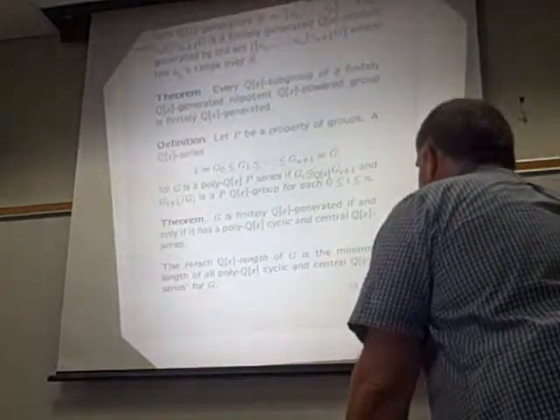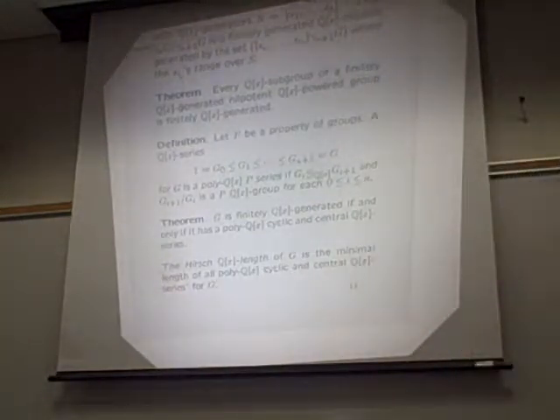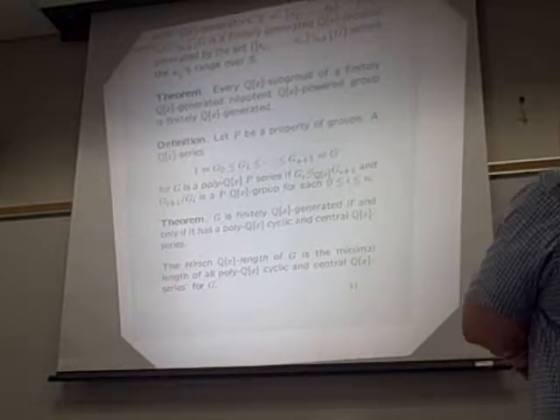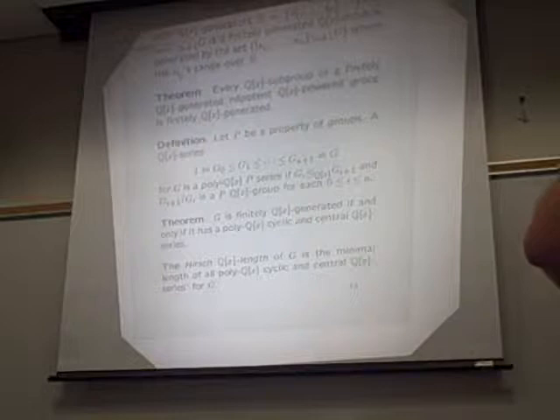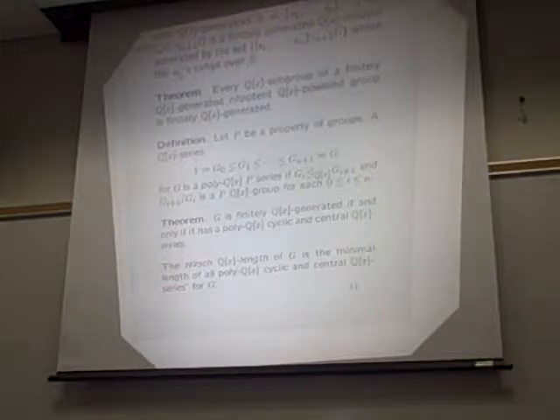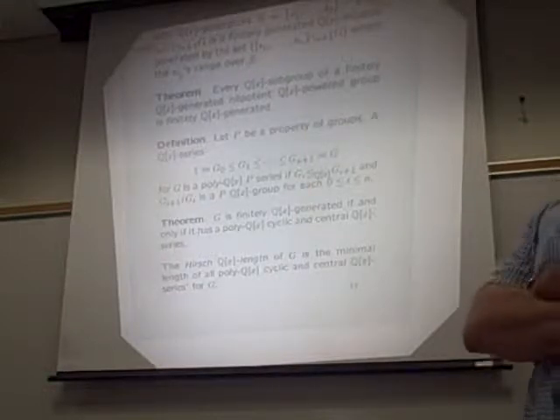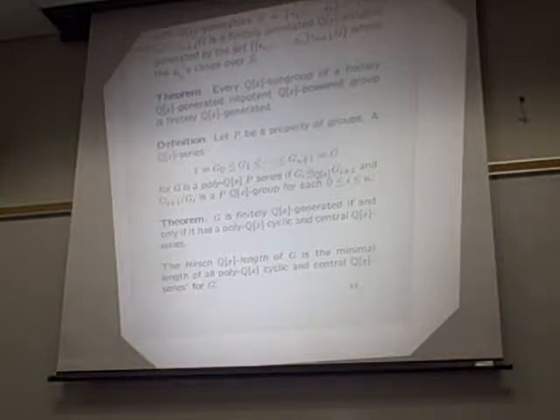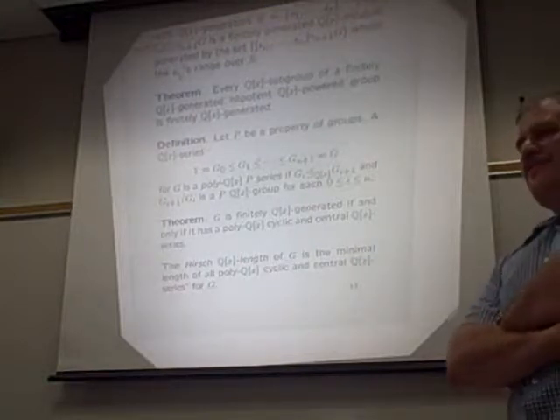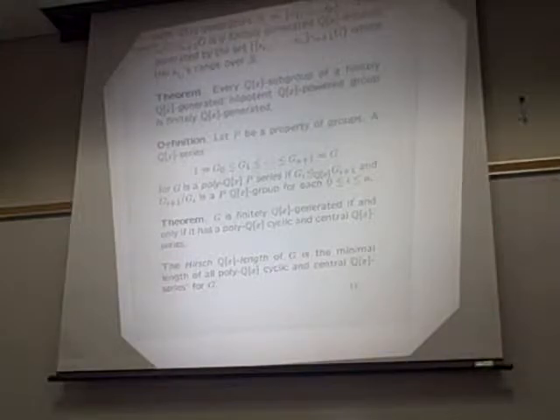Now, similar to before, we have a notion of a Hirsch QX length. And the Hirsch QX length will be the minimal length of any of these such series. So if you give me a finitely generated group G, in the QX sense it's generated, then if I look at all of these types of series, and I take the smallest length possible of all of those, that's the Hirsch QX length. So as you know, when doing things with nilpotent groups, most of the time you want to do things by induction. You either do it by induction on the class, or you do it by induction on the Hirsch length. So now we have a notion of a Hirsch length. Okay?